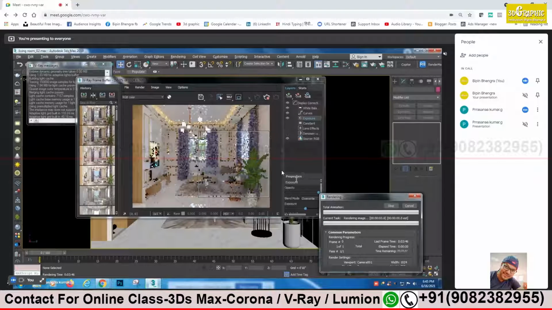The color correction on Photoshop will decide how bright the outside should be, as per our interior scene. So we will keep whatever we are getting for here, and we will see that in Photoshop.